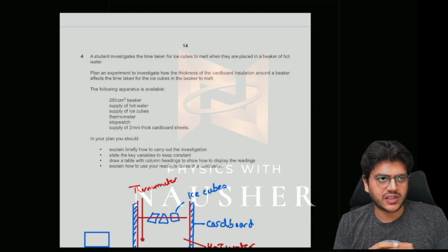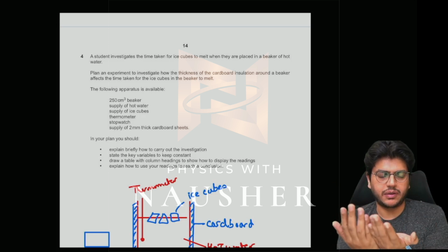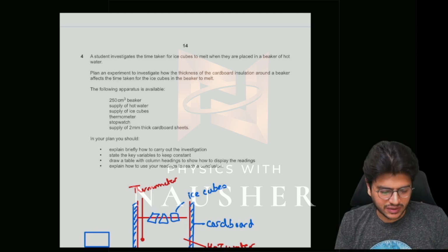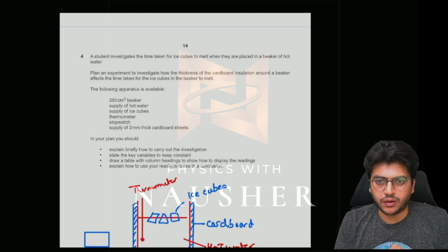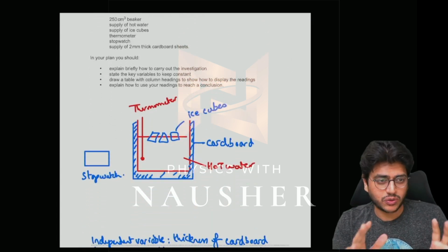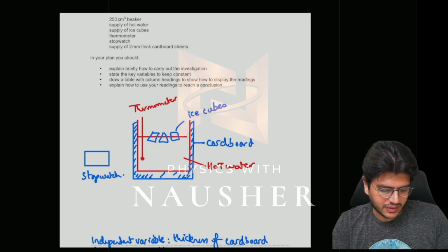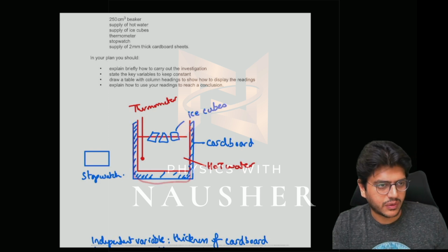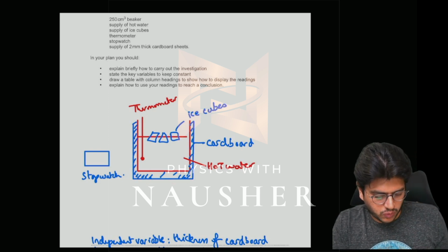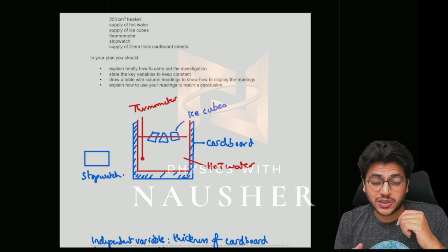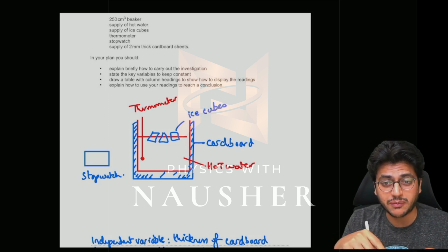How are you going to carry the investigation to show how the thickness around the measuring cylinder will affect the time taken for the ice cubes in the beaker to melt. That is the goal of this investigation. So again, I've just made a diagram, although they didn't ask you to, just to give you an idea that this is the beaker in red, and this is the cardboard which is surrounding it, and you put the hot water in it, and the ice cubes are floating. Thermometer is used to measure the initial temperature of water, because it's important that every single time you put hot water